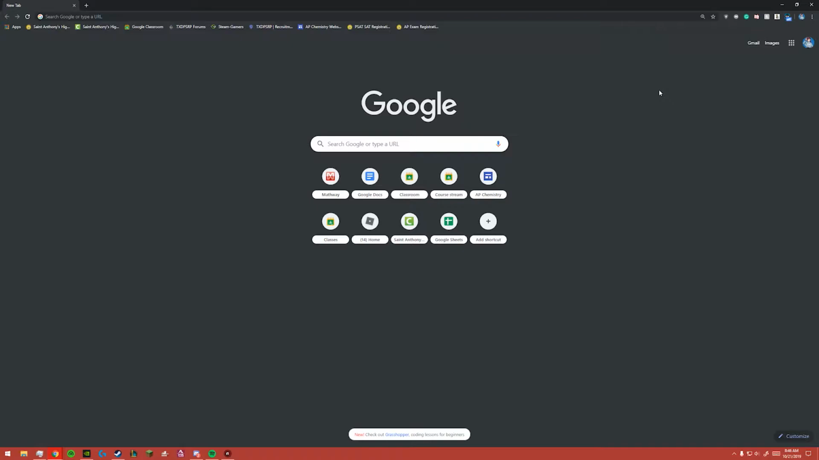Today I have a TXDPSRP Open CAD tutorial. It's pretty self-explanatory, but I'm gonna walk you through it just in case you have any questions and stuff like that. Alright, so we're gonna start off by going to our browser, typing in